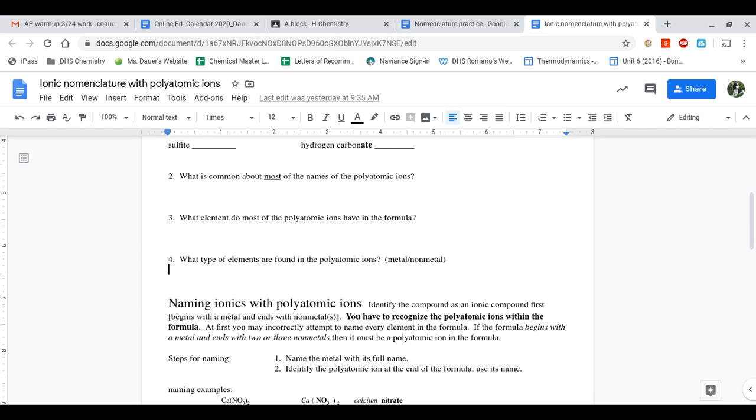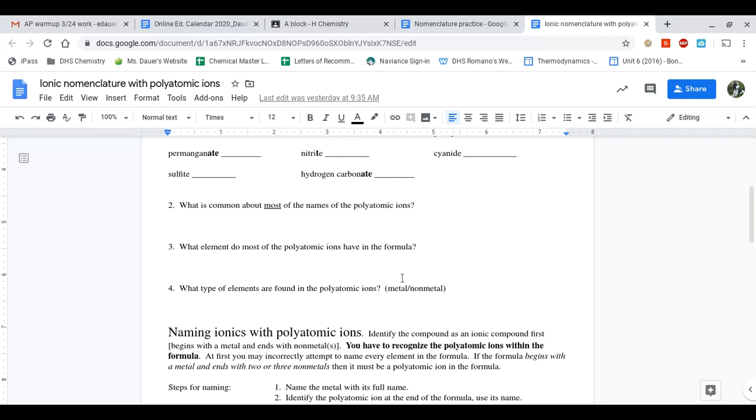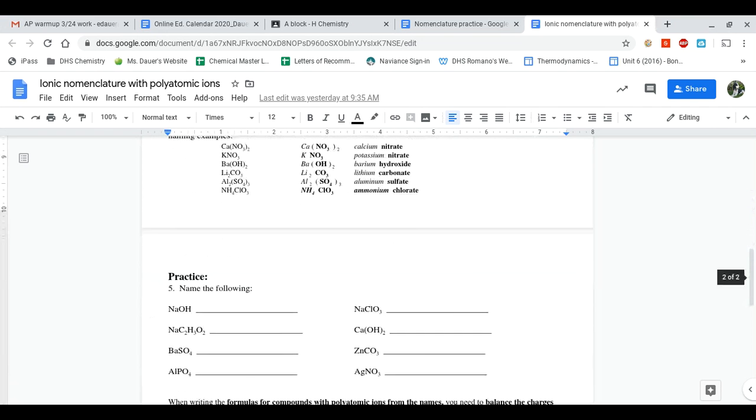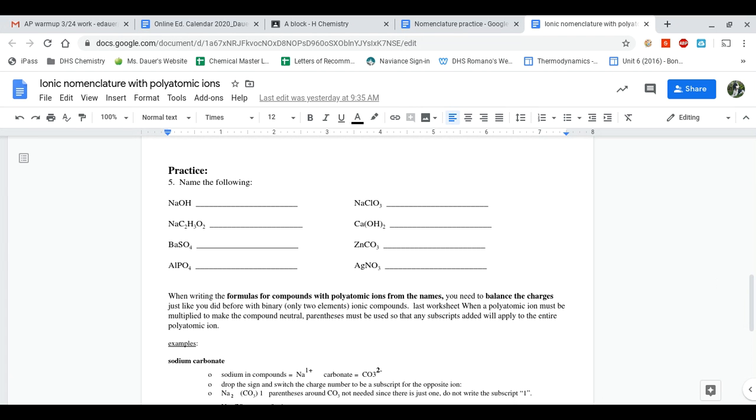Mostly nonmetals. However, there are a few exceptions. Dichromate, chromate, and permanganate have some metals in there, the chromium and the manganese. All right, so moving right along here, the thing that I really wanted to get to today, and also give you guys a little bit of examples to look at when you look at the image of my work, is